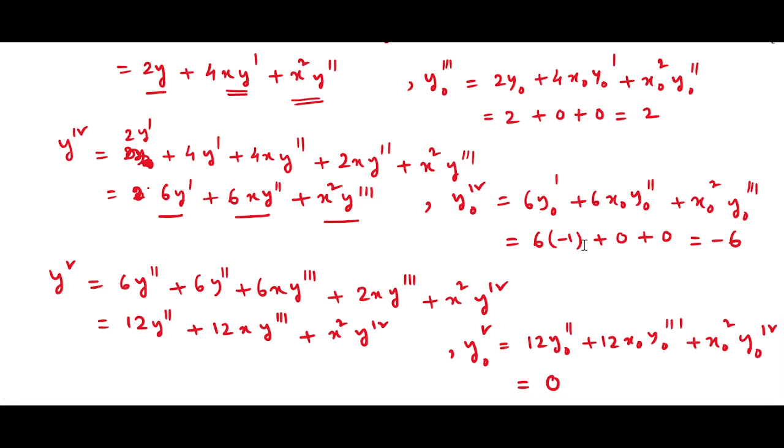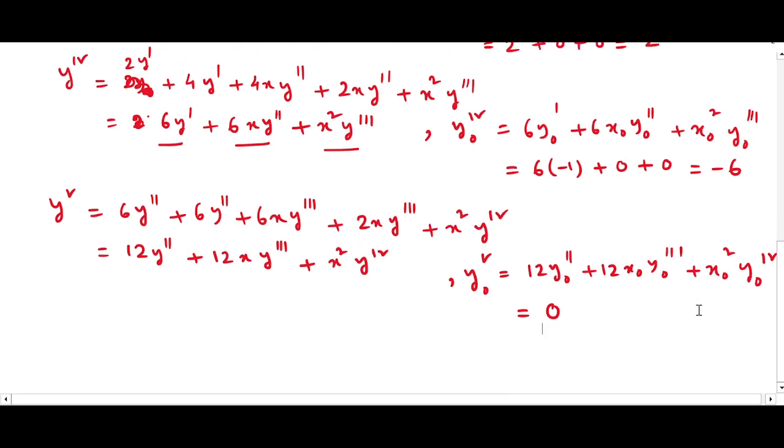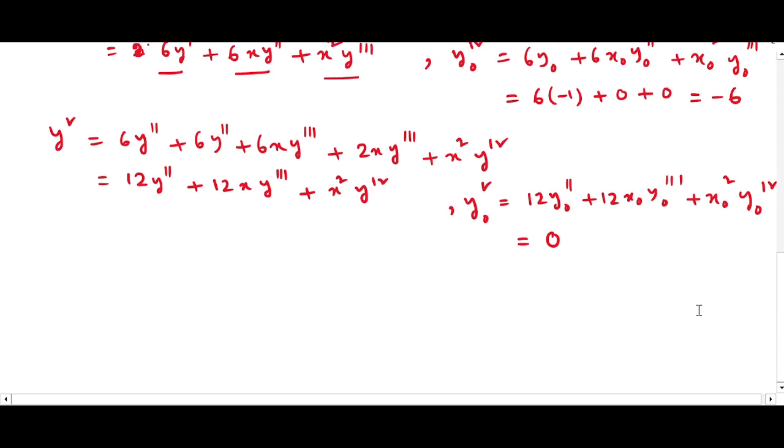Okay, so we have 4 non-zero values, so we can stop here and put all these values in the Taylor series. If you want, you can find the 6th or 7th also, but those values are very, very small, so we ultimately neglect them. So let us stop here and put all these values in the Taylor series method.